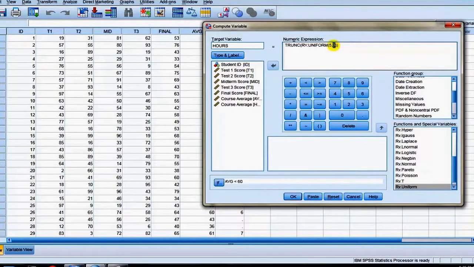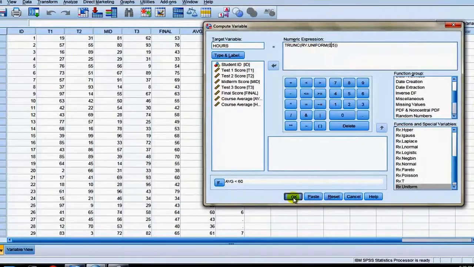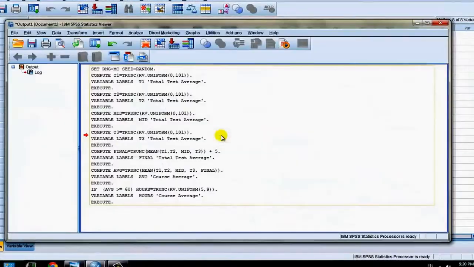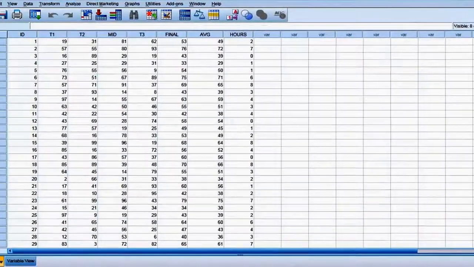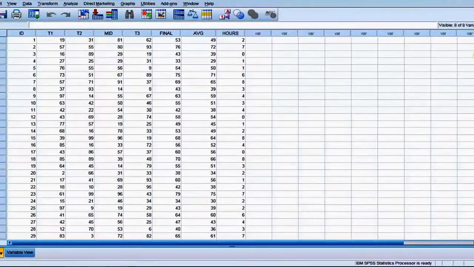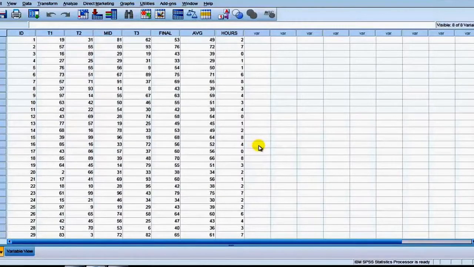And now we want to go from 0 to 4. So don't forget to put 5 in there. And then click OK. And now we have the rest of our values. So we have a complete project now. All the data has been entered. So now we can do some